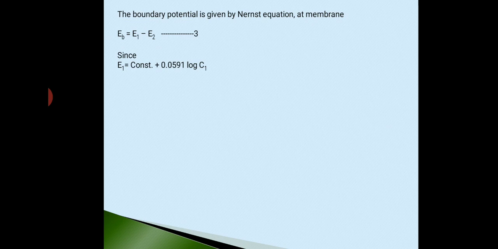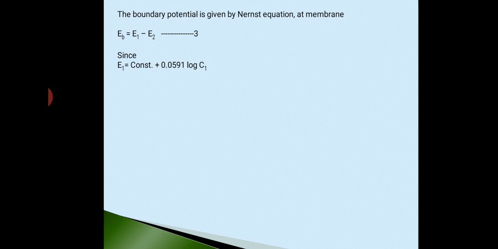Okay, so now students, here what is this constant? Whatever this is, E1 and E2, but it is across the same glass membrane, so that E1 naught there must be. What is this, the Nernst equation? E is equal to E naught plus 0.0591 upon n log to the base 10 of the concentration of metal ion. So here E1 naught didn't come into the picture actually. Why? Because E1 naught is a constant term. It is similar for E1 as well as E2.